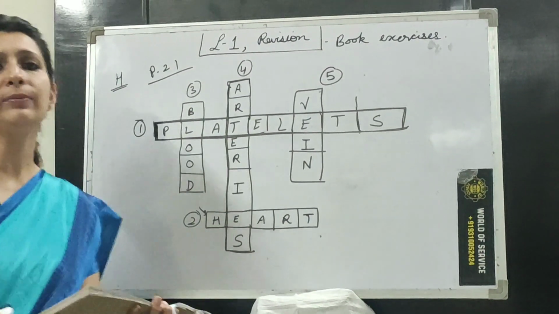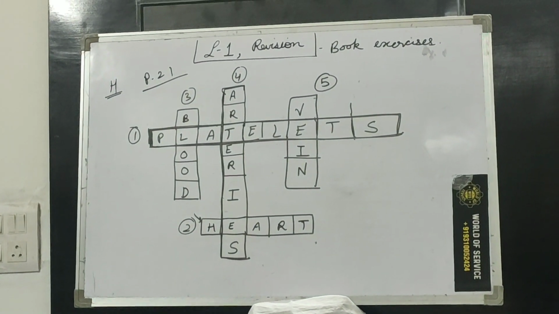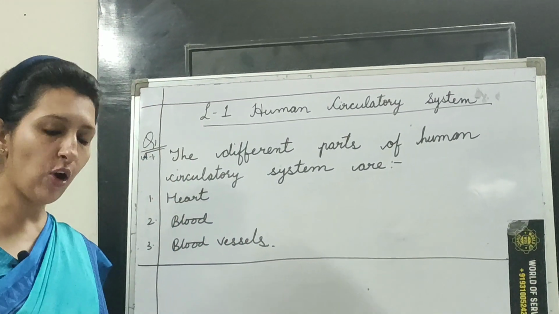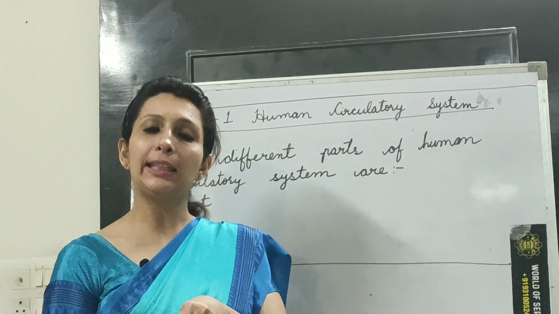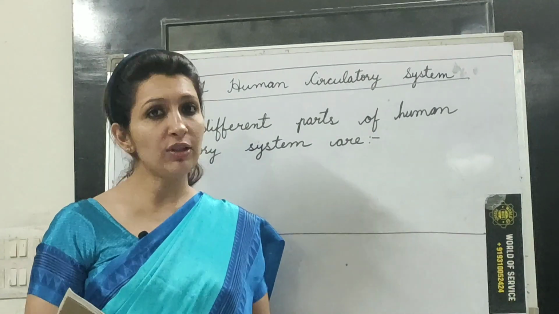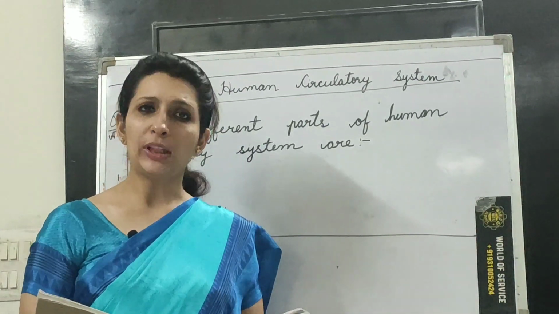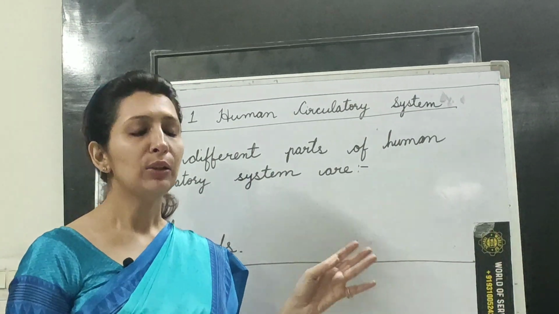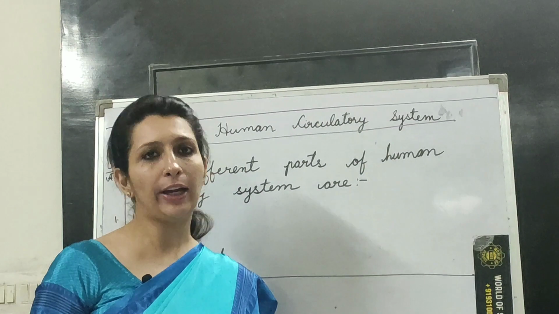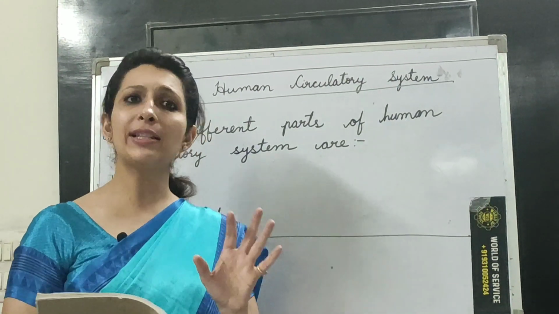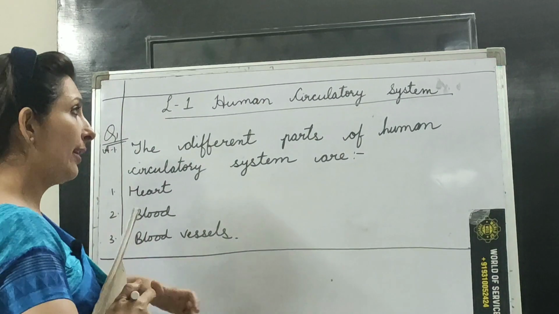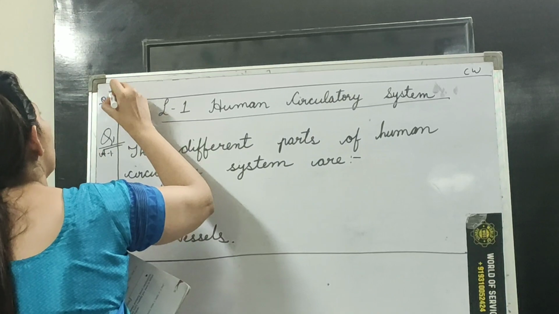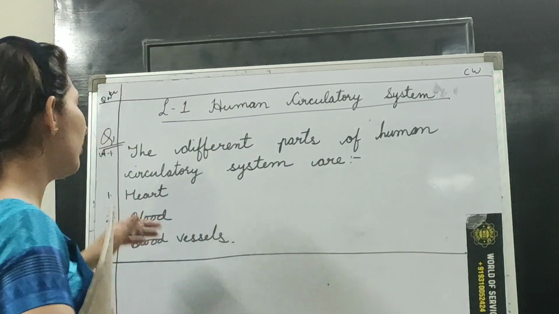Now children, note it down. Now children, we have done almost all the book exercises. Now we will come to the C part, that is question answers. Now question answers you are supposed to do in the copy. Some of you, in case you have not seen the video, so I am writing it again. So you can see and then accordingly you can write it down in the copy. Whenever you are seeing the video, write down that date and then write down the classwork. And then lesson number 1, human circulatory system, question number 1.